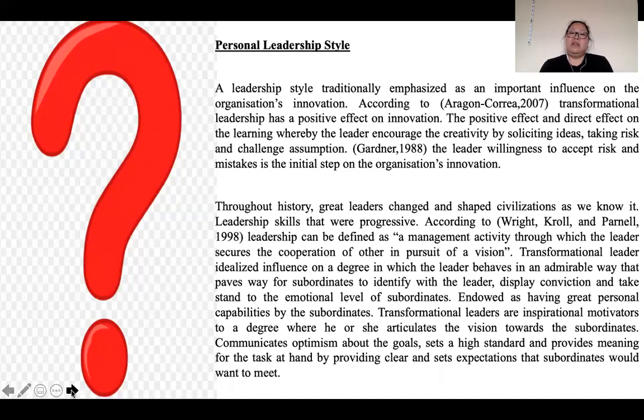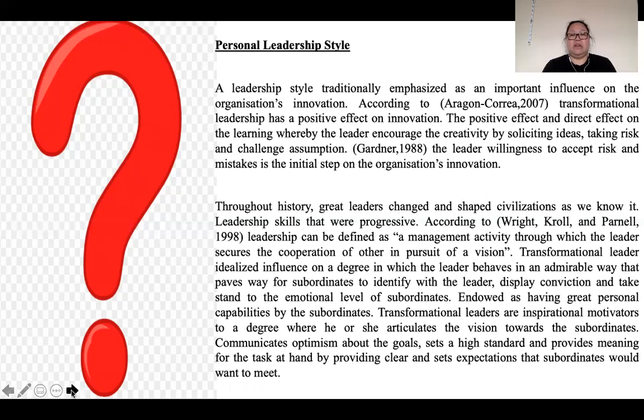Throughout history, great leaders change and shape civilizations as we know them. Leadership skills that were progressive. Leadership can be defined as a management activity through which the leader secures the cooperation of others in pursuit of a vision. Transformational leader influence, idealized influence, is the degree to which the leader behaves in an admirable way that paves the way for subordinates to identify with the leader, display conviction, and take a stand at the emotional level of the